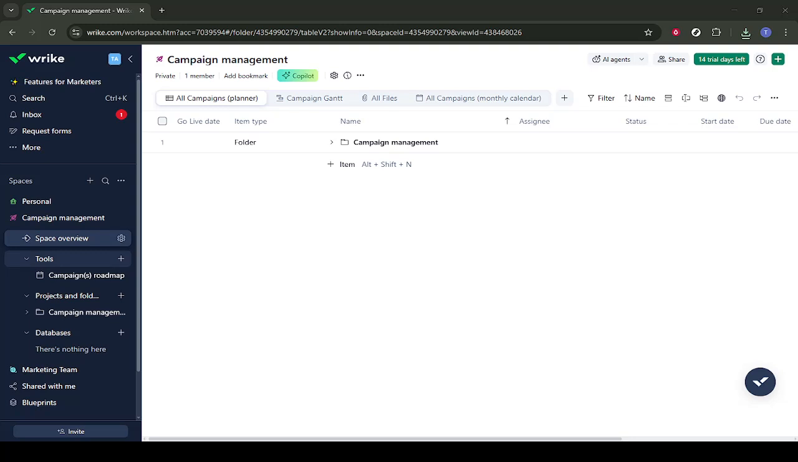You should see a table or list view of all your campaign-related items, such as projects, tasks, or subfolders. Once you're in the campaign management section, locate the specific item you want to work with. This might be a task, a folder, or a project related to a marketing campaign. Click on that item to open its details. When you open it, Wrike will show you information like the title, description, custom fields, and any subtasks or related